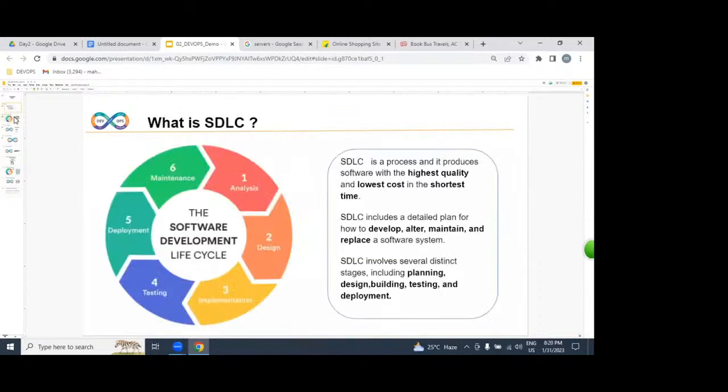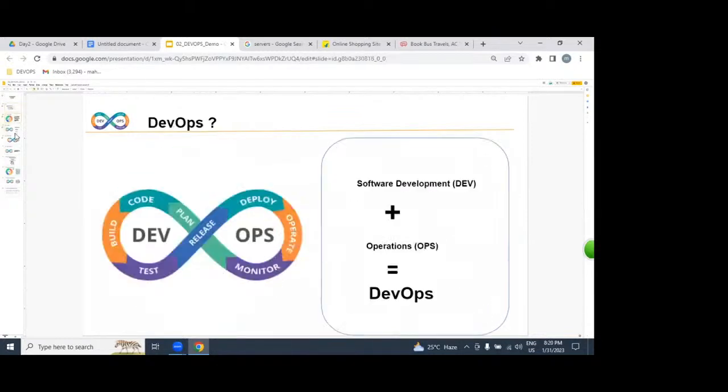But on top of this SDLC, we are going to be implementing our DevOps process. DevOps is nothing but: first three letters, DEV, is software development. Second three letters, OPS, we call operation.